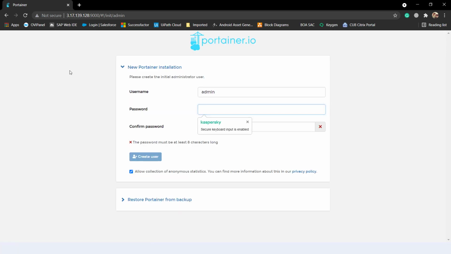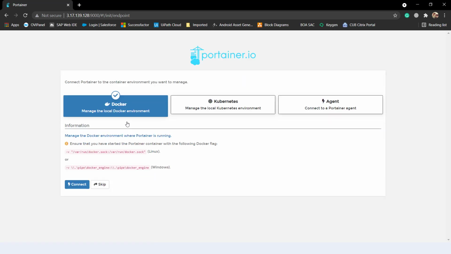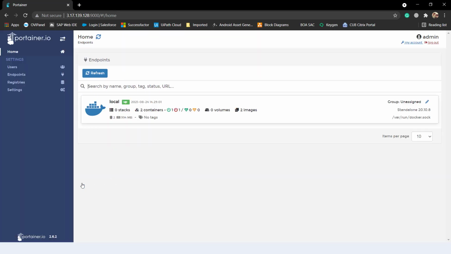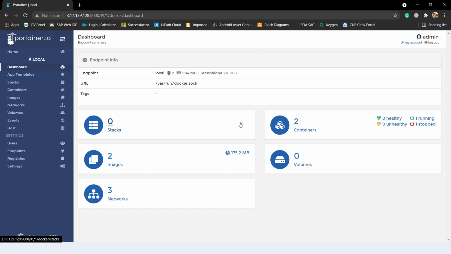Yeah, initially you will be asked for a password. We will use Docker. Yeah, so we are in our GUI to manage all our Docker containers.